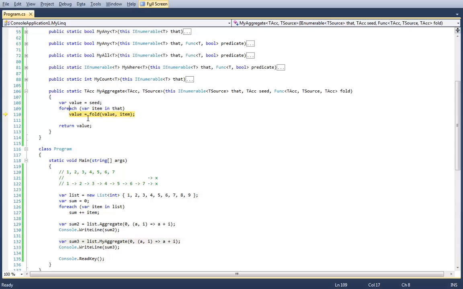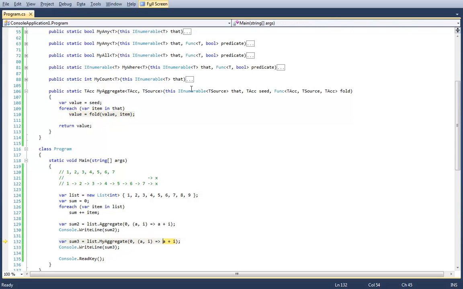What we're saying is, for every item in the list, invoke the function that we pass into it, the function that I called fold, which is of type Func of TSource, and pass in the old value, the value that was previously computed by the previous iteration, and the current item in the collection we're looking at, and set it to the value that we have for future use.